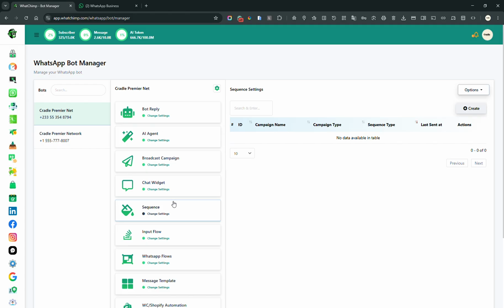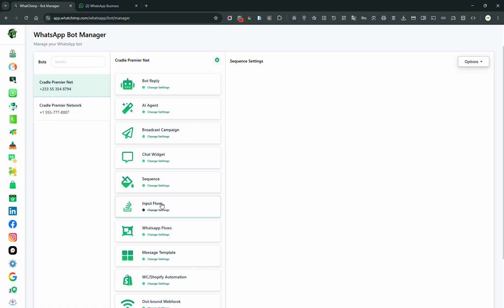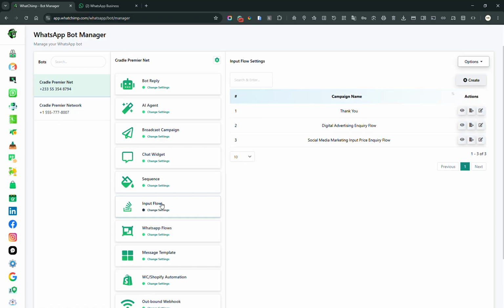So let's say you want to interact with this client about their business, they come and ask, hello, I want help with my business, and the conversation ends there. At some point you can activate this sequence so that the conversation will continue from there. It's basically a sequence of messages you want to continue with this particular client. And we have the input flow. The input flow is more or less like